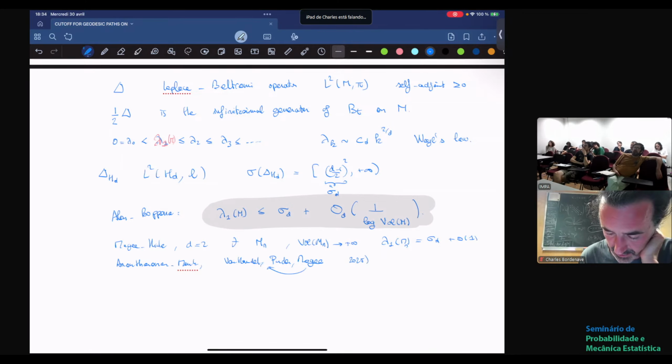All these papers are from 2024, and this one was 2023. They have given random constructions of hyperbolic surfaces, still in dimension 2, which satisfy this. So our second theorem is very closely related to